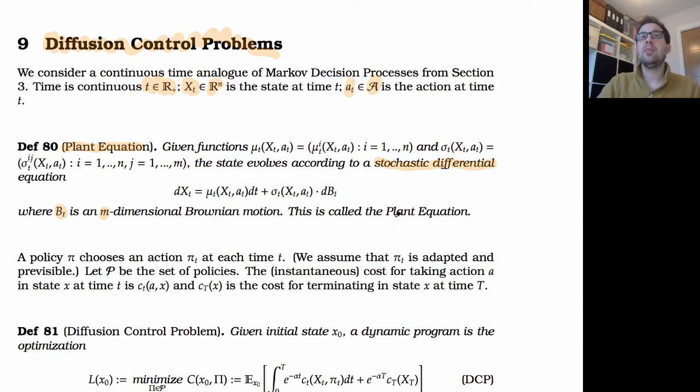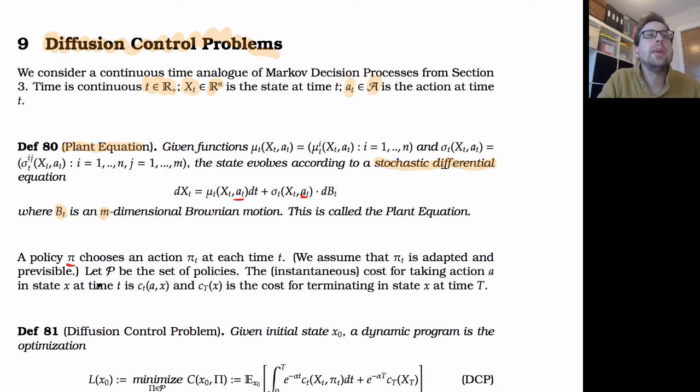So the real difference from a normal stochastic differential equation, as you've seen so far, is that we're adding these additional terms where we control or have some choice of what the drift and diffusivity of our process are. Okay? So a policy, pi, chooses an action, pi of t, at each time t. And there are various conditions that we could add on to this if you're familiar with the different ideas in stochastic integration. In particular, we could say that pi of t is adapted and previsible. Okay? So it's something where up till time t, we only use the information up to, but not necessarily including, the state at time t.